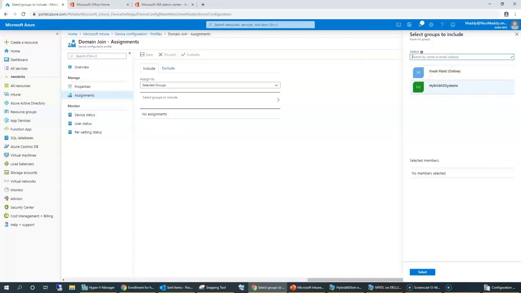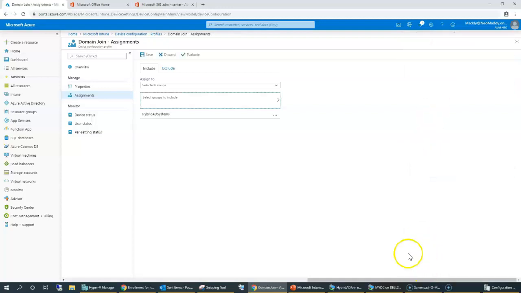That's where we are going to configure the Autopilot specific hybrid configuration we have done. For that specific AD group, I'm going to give it here. This Autopilot AD group as well as this domain join group, both the profiles or both of the configurations will have the same AD group, so there will not be any confusion when it is trying to configure. That's why I'm choosing the hybrid AD specific joining group. And post to that